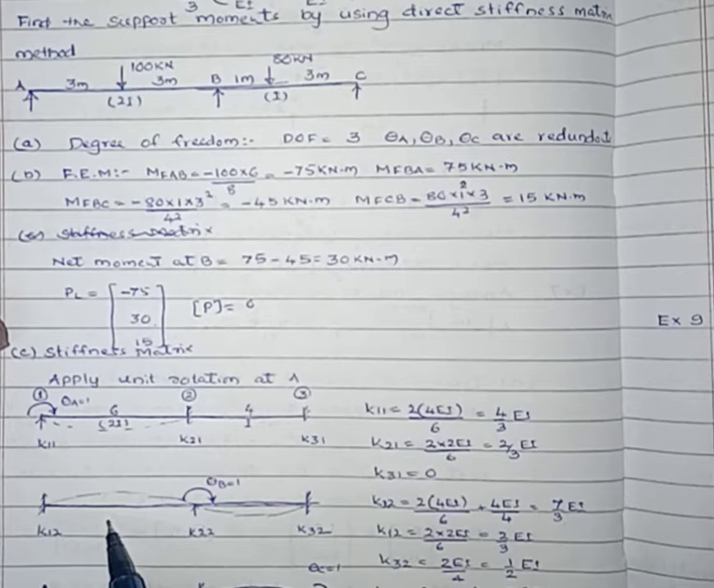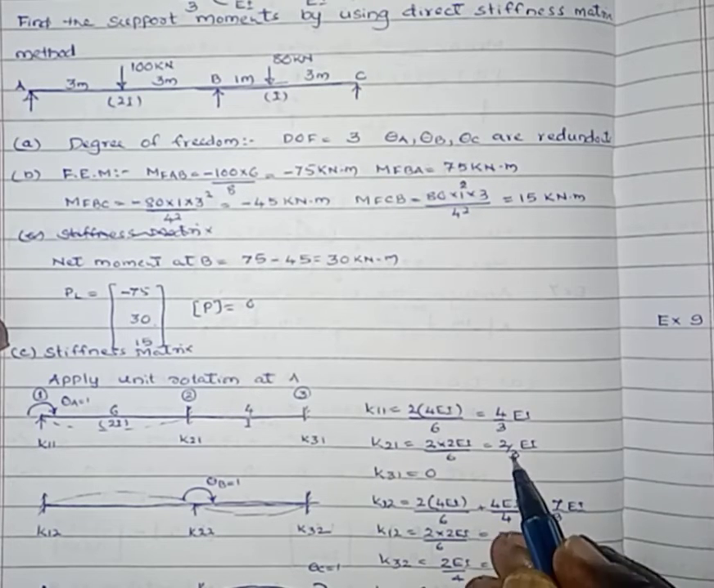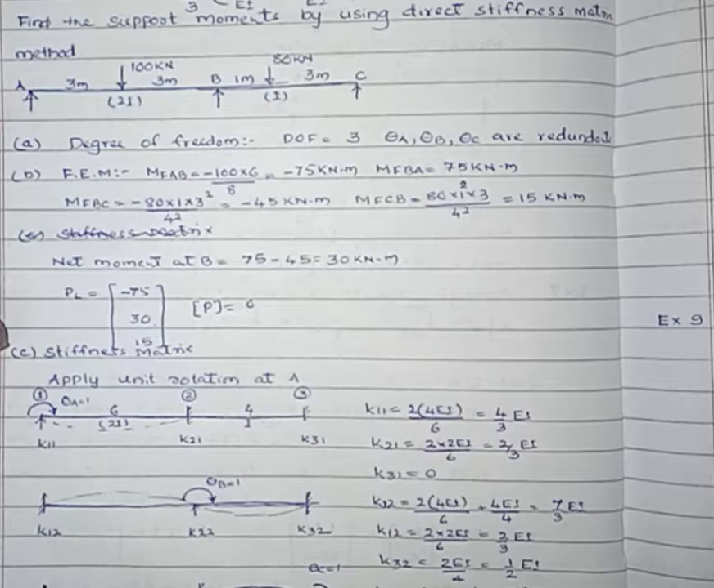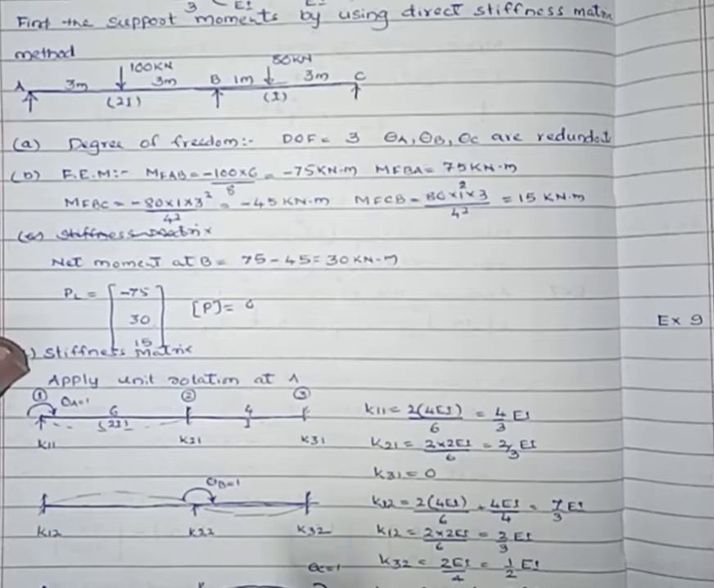Here the moment of inertia is 2 for span AB, therefore K12 equals 2 into 2EI by 6, that is 2/3 of EI. By Maxwell's reciprocal theorem of deflection, K12 and K21 are both equal. Then K22, here the displacement applied at 2 is